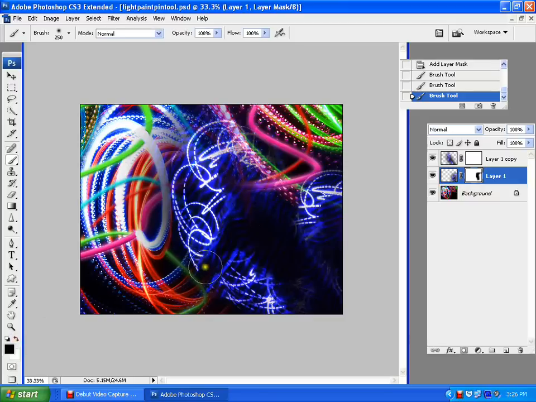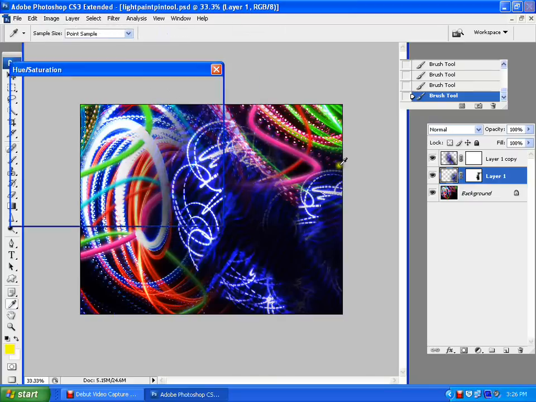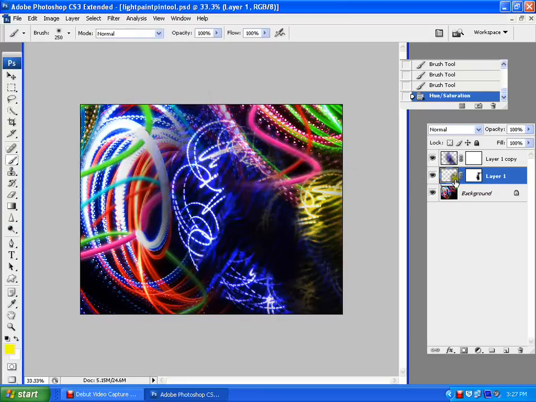Okay, so I'm going to make sure that body is there. I got a body here as well. Okay, so I've got that body and this body. So I'm going to go in and click on my layer 1 where I had the first body, and I'm going to go to Image, Adjustments, Hue Saturation, and I'm going to change the color of that to a red, a green actually, and I'm going to remove this kind of yellow greenish color over the original on the second blue body that I